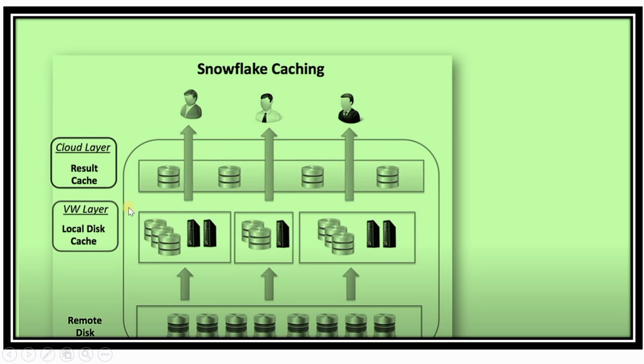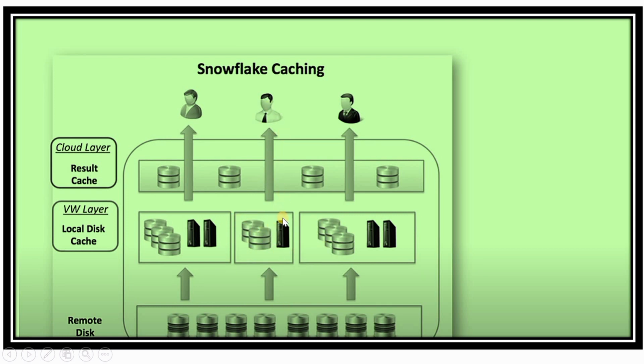For the local disk cache, whenever the user fires a query, the first time the user has to get the data from the remote disk, and the local disk cache will just store the data. It will not store the result, it will just store the data, and it will show it to the user the first time. Okay, and suppose that the user again fires a query, making a subset of the query, wanting the data of a subset of the query or some other data, so it will not move to the remote disk, it will just move to the local disk cache, and it will load the data.